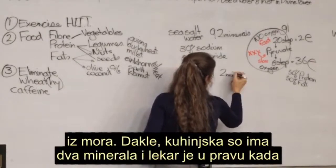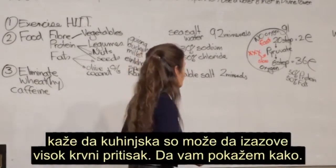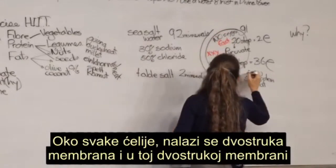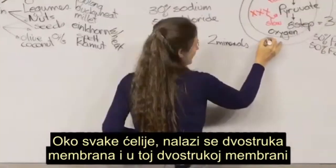And the doctor is right. Table salt can cause high blood pressure. Let me show you why. Around every cell, there's a bilayered membrane, and in that bilayered membrane, there are